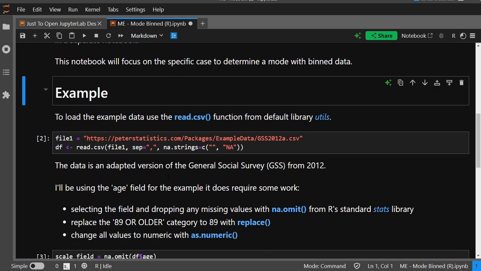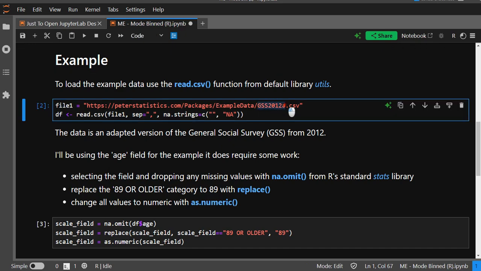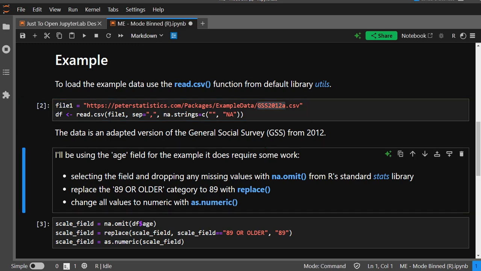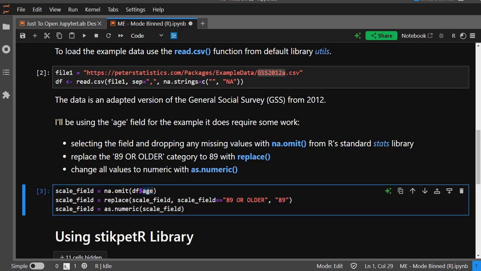I already loaded my data. It's coming from the General Social Survey from 2012. I adjusted a few things sometimes for example purposes. I don't need all of its data, I just need one numerical field. So I've chosen age as the field. I remove any missing values. And since there's one category in there of 89 or older, I just replaced those with 89